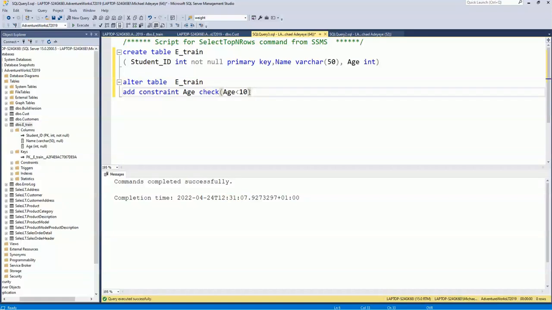So let's just do 20. So if any age is entered, if you insert a value and the age is more than 20, it will throw an error, because we've said, check that the age must not be more than 20, right? So if I execute this now,